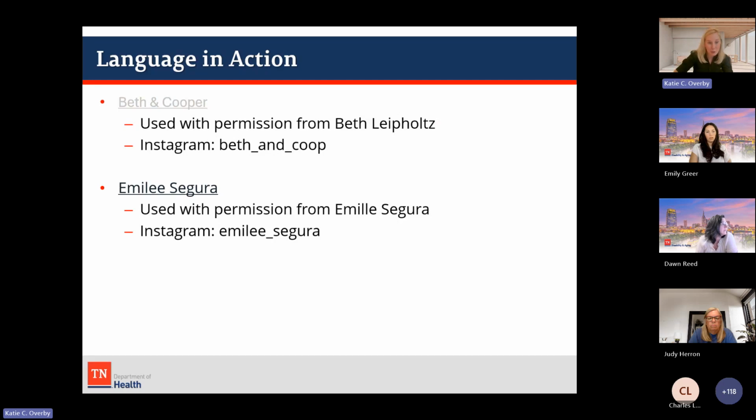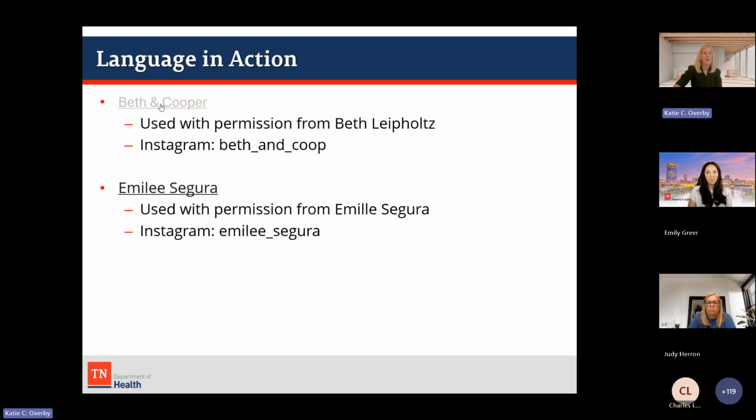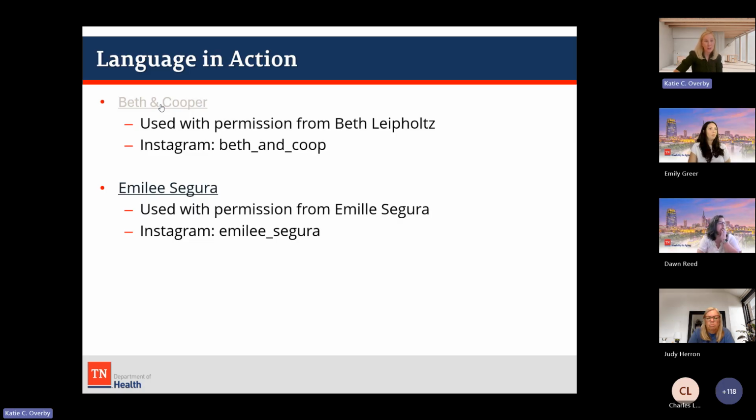They are absolutely precious. And I don't know if you all have your phones. I know the cameras are off, but if you look up Bethan Cooper on Instagram, you will see the most precious little boy who has a syndrome. He is bilaterally implanted. He wears glasses. His family has chosen to use kind of a multimodal communication mode. So they use sign language, spoken language, and the mom, Beth, just does a really nice job of being a radio show host. She's constantly serving and returning with him.